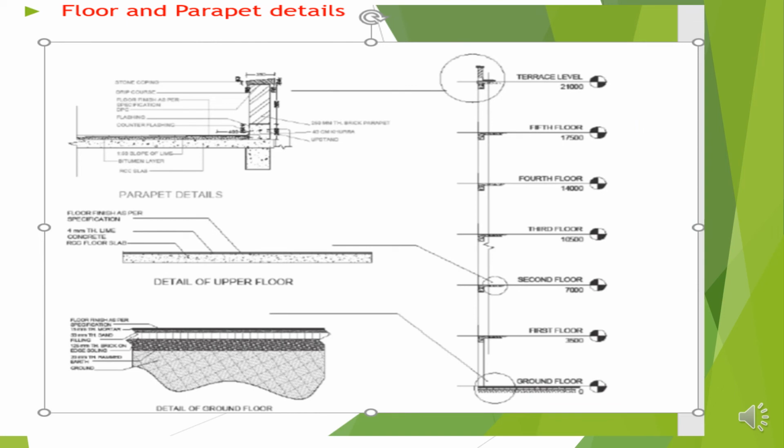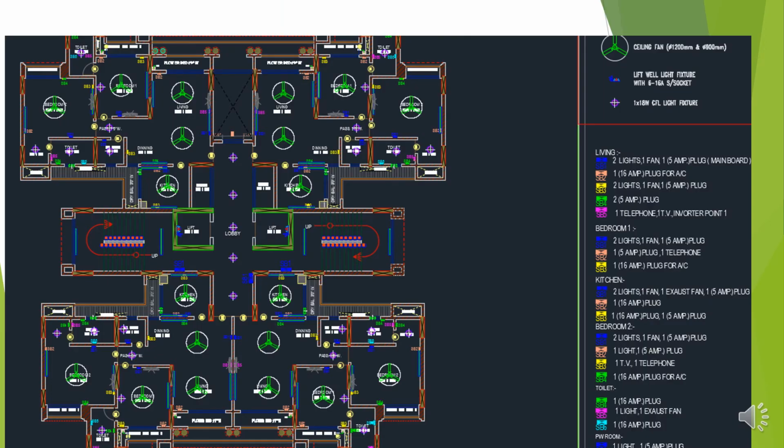Floor and parapet. On the top of the terrace, you must have a parapet wall. A drawing will indicate the parapet, which shows what all the finishing has to be fixed, how it is to be fixed, what will be the height, and if there is any parapet coming outside the building, how it is to be done. All these details have been provided in the parapet details.